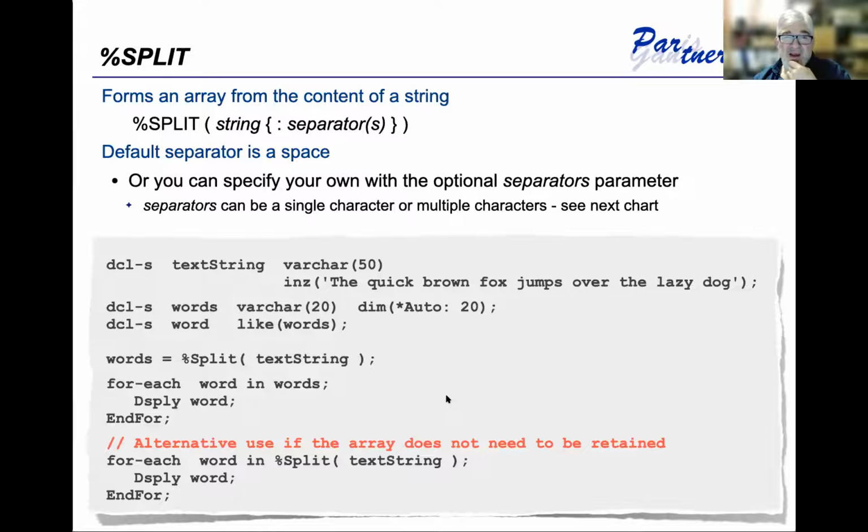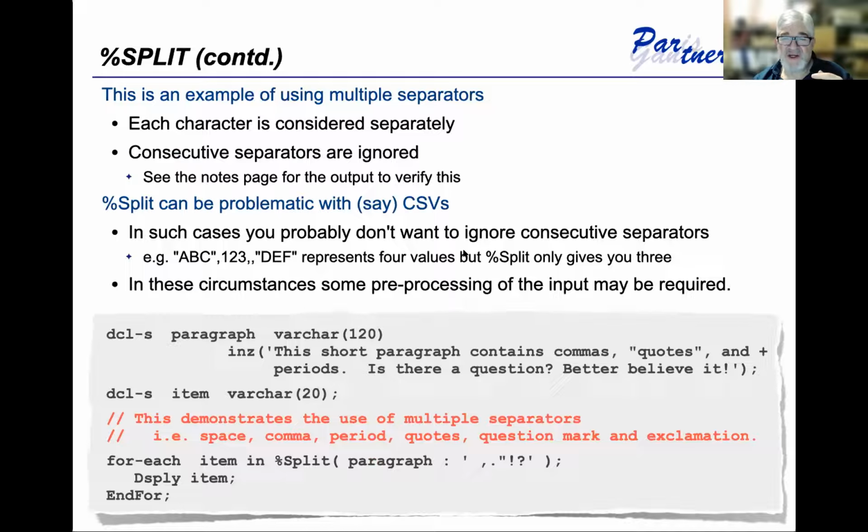Now, I said that the default is a space, but we can specify separator character or characters. They are all treated as individual characters. So in this example, I'm looking for a space or a comma or a period or a double quote or an exclamation or a question mark. Right, so what I will get back from this particular one is this short paragraph contains commas,